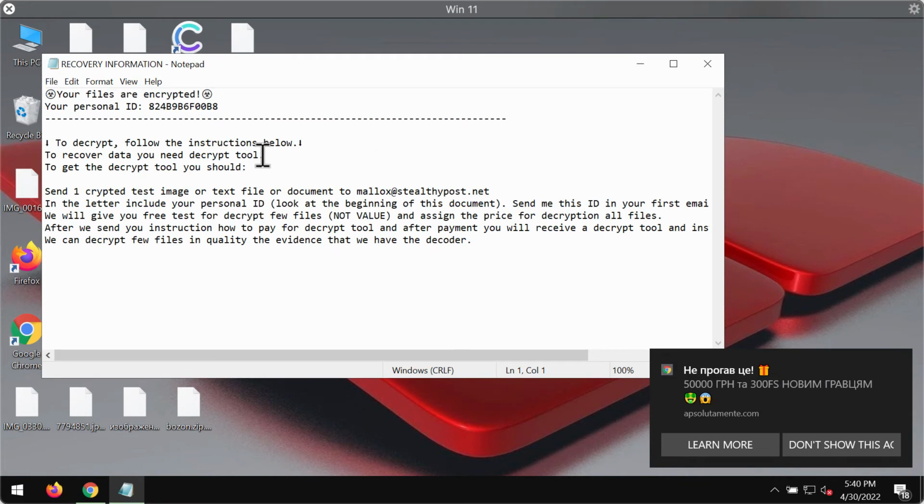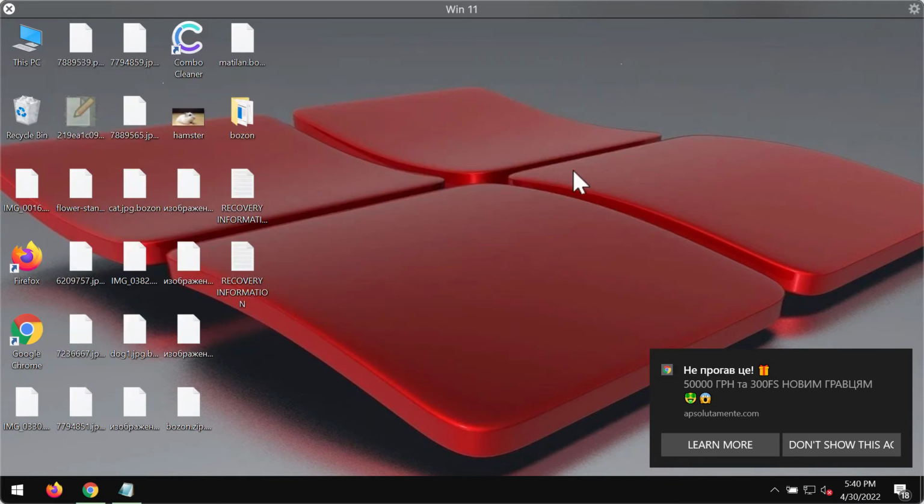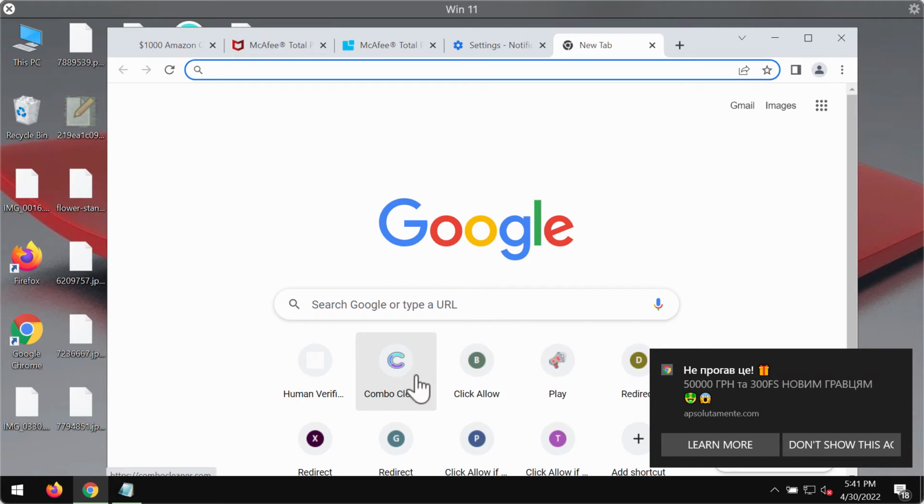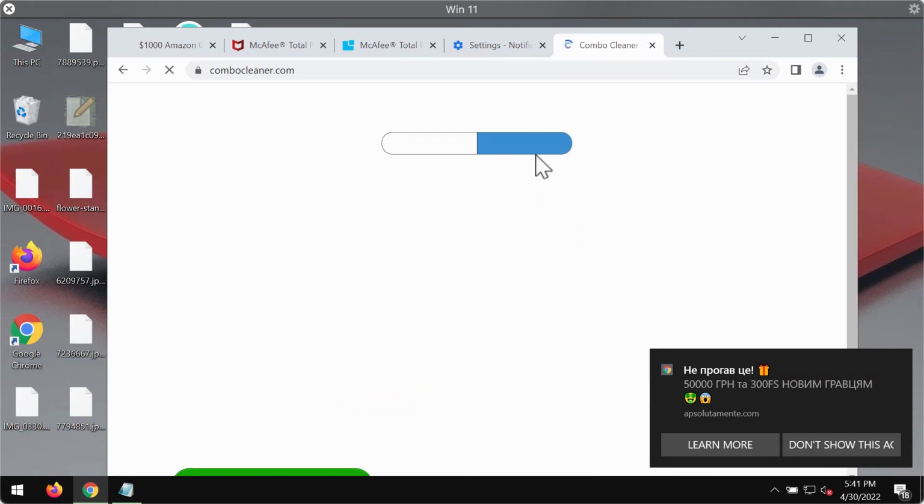The ransomware also places this ransomware note mentioning that your files are encrypted and that you need to contact the developers for decryption guidelines using this email address. And of course, they will tell you to pay the ransom for file restoration. But paying the ransom does not guarantee that your files will be restored, so we strongly urge you not to pay the ransom. We recommend you to immediately remove this ransomware with the help of reliable antivirus software,